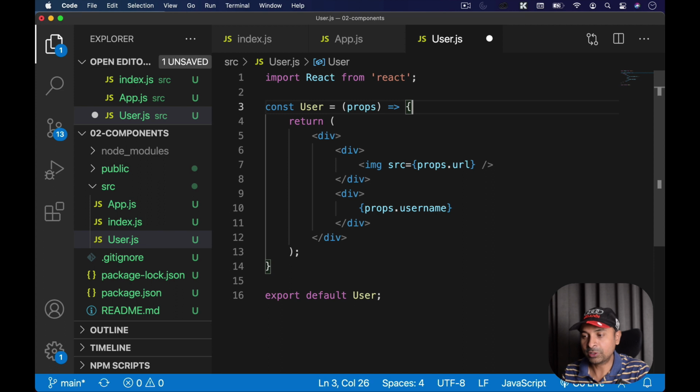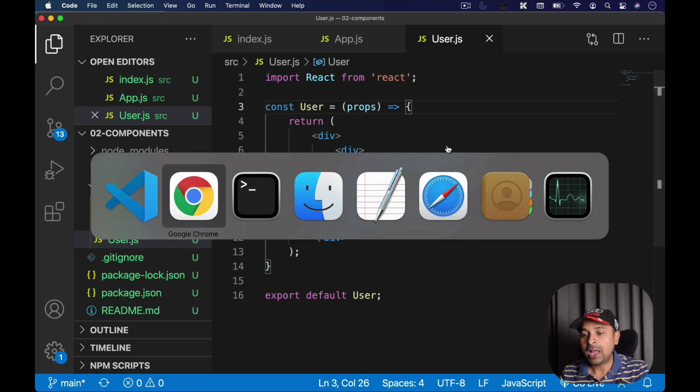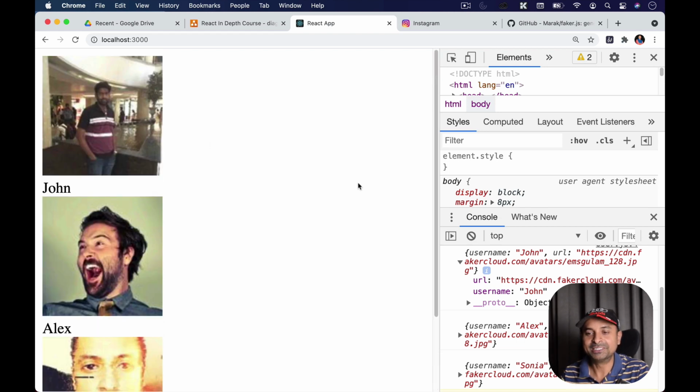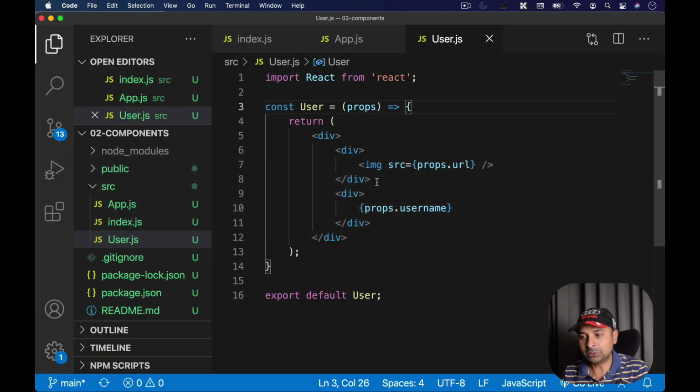So you see the beauty of component and props. So component is nothing but a reusable JSX, and props is something which is adding flavor to it. Props is making that JSX beautiful, right? Props is helping that JSX render in a different way. That's how actually I'm getting different users here, right? John, Alex, and Sonia. And forget about these images, right? So this is about component and props, and you can pass multiple props to your component.